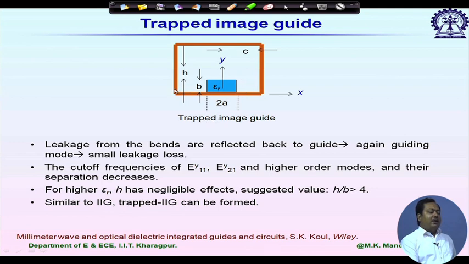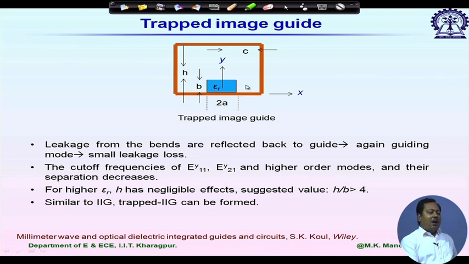The packaging wall separation from this waveguiding structure should be sufficiently high so that it does not disturb the image guide mode. What is the advantage of that? We can avoid crosstalk between two side by side lines, and another advantage is that we can avoid radiation